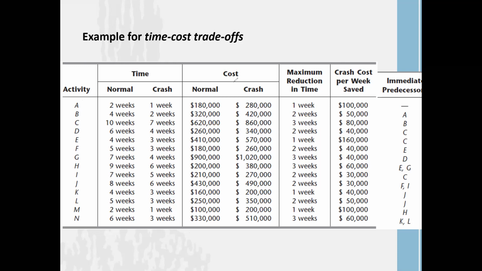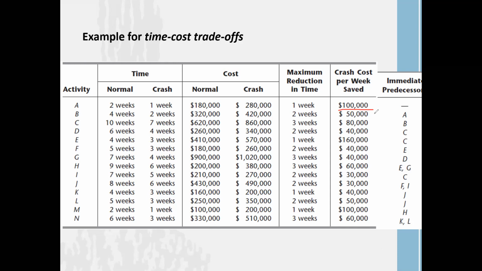Now here also activity L, we can reduce 2 weeks. Right? Then by looking at the cost information, we can calculate how much additional cost we have to spend once we are reducing activities by 1 week, by calculating the crash cost per week. You get it by taking the difference between crash cost and normal cost and dividing that difference by the maximum reduction of weeks. We will get the crash cost of each week of reduction.